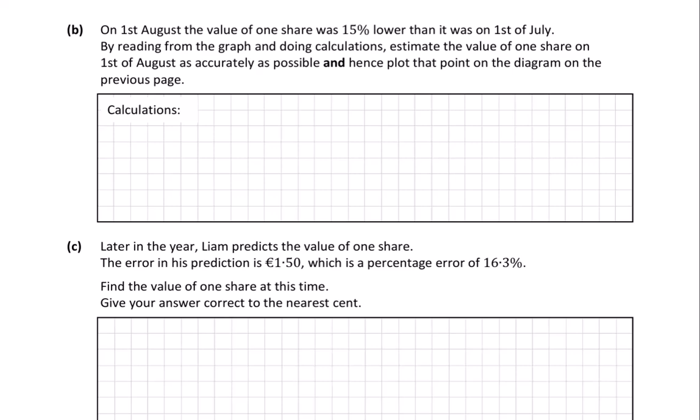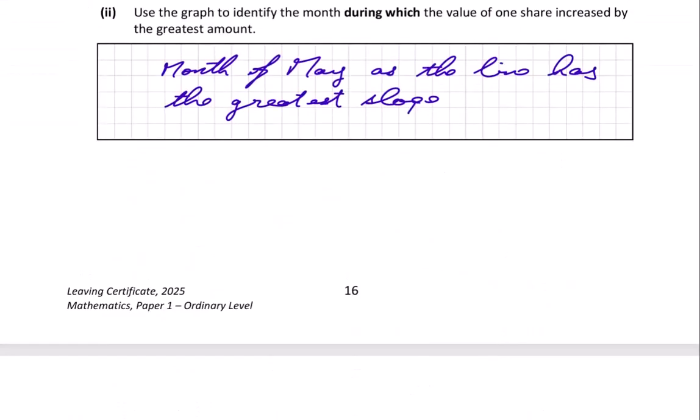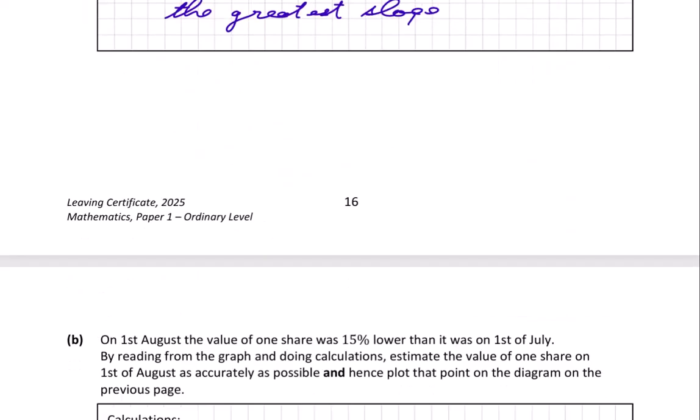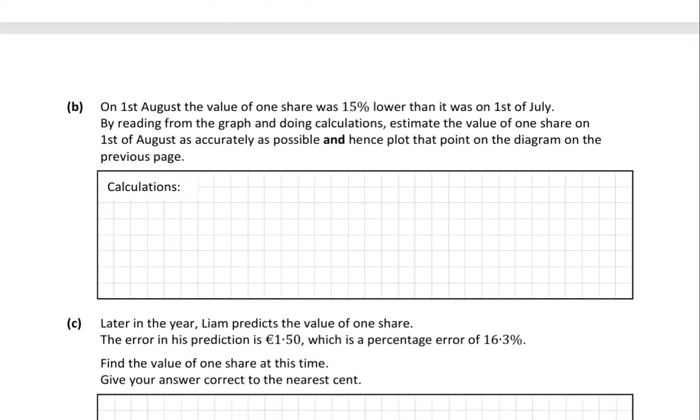So we need to look at the 1st of July. The 1st of July we can see is this point here, and the shares had a value of €8. So what we've got to do is take €8 and reduce it by 15%. If we multiplied it by 1, it would stay the same. So we've got to reduce it by 15%. So that's 0.85. 0.85 is 0.15, or 15% if you like, less than 1. So when you multiply that out, you get